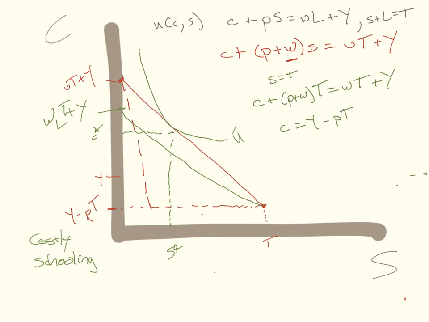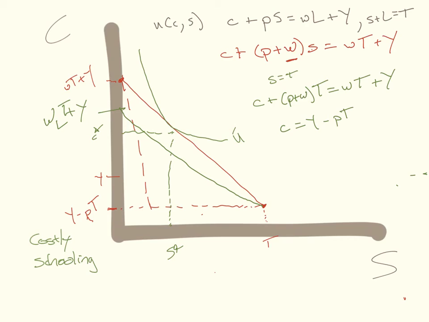So the end result is that the impact of a change in the direct cost of schooling, P, and the opportunity cost of schooling, W, while similar, are not symmetric. You end up responding differently to P and W, and the reason why you end up responding differently to P and W is because with W,